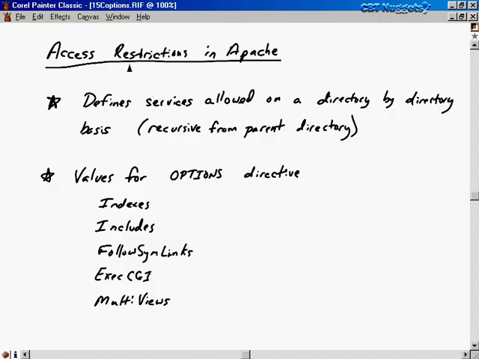Alright, let's continue talking about access restrictions in Apache. What we're doing here is defining what services are allowed on a directory by directory basis. Like we just saw in the configuration file a minute ago, we define for a particular directory what services we want to allow on that directory. And then those rules apply recursively from the parent directory on down,